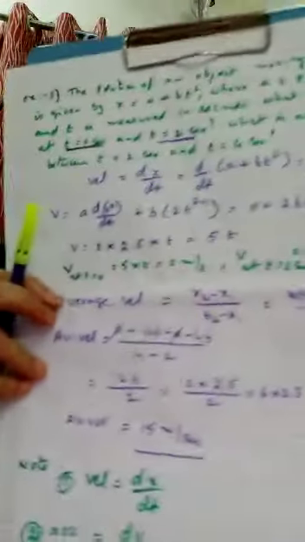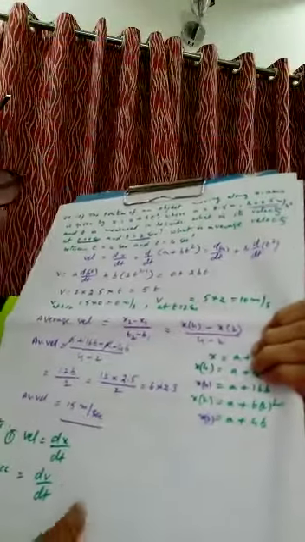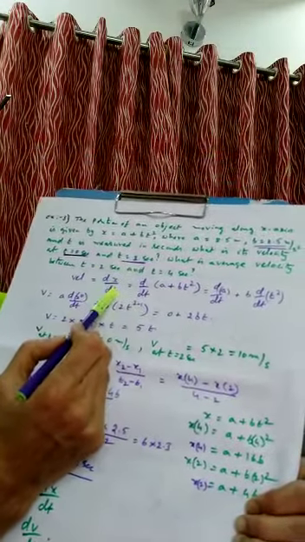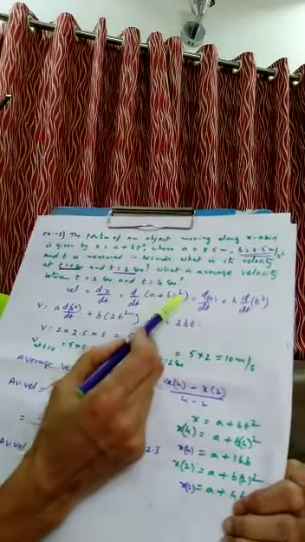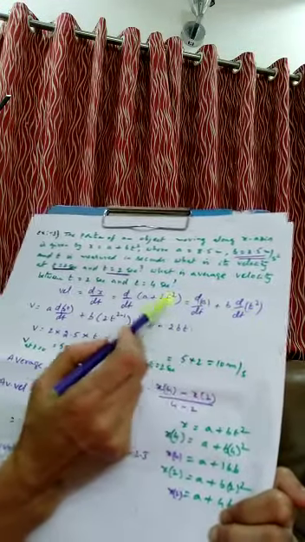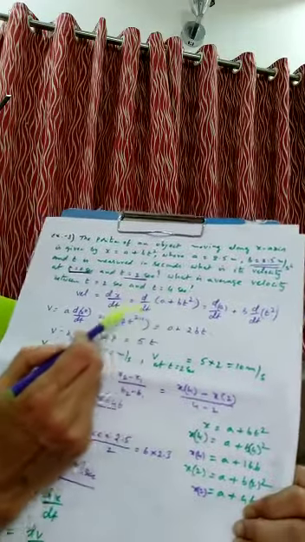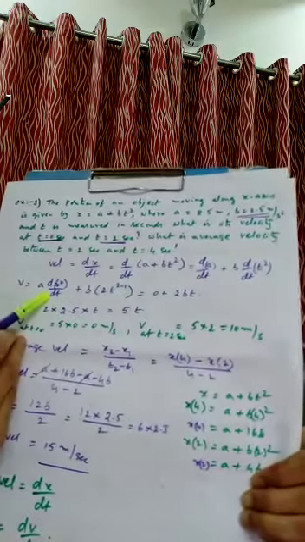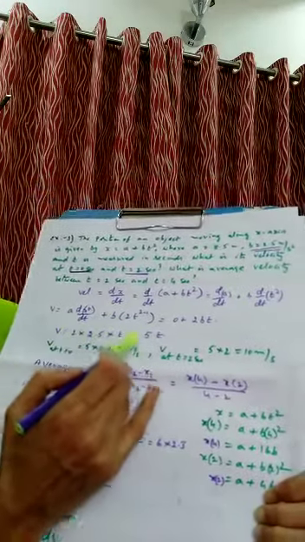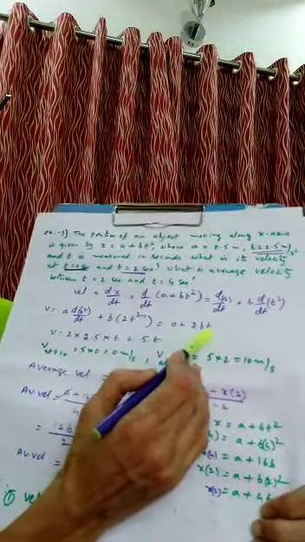This type of problems will come in the board exam, in the final examination as well as in the competitive examinations. So the entire differentiation is applicable here. Please take care. We know velocity is equal to rate of change of displacement, d by dt of a plus bt square, that is d by dt of a plus b into d by dt of t square. a is constant. Whenever you differentiate the constant term, the answer will be 0. So what is left here? Velocity is equal to 2bt.